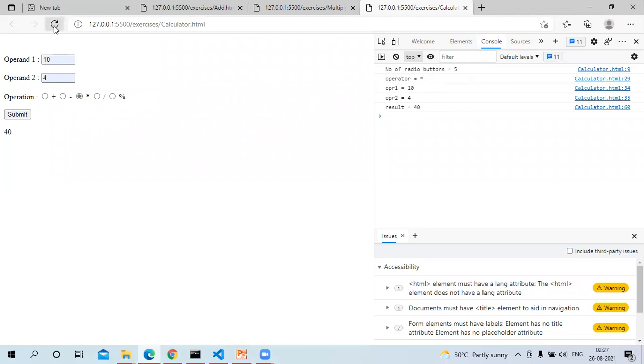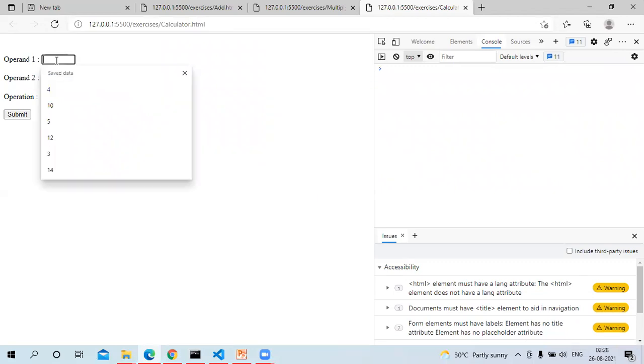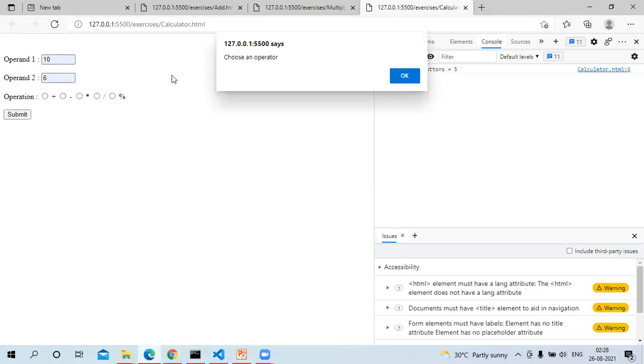One more thing I want to demonstrate here. I give the values of operand 1 and operand 2, but I am not selecting any of the operations. If I submit, we should get a message here: choose an operator. This is what is called JavaScript client-side validation.